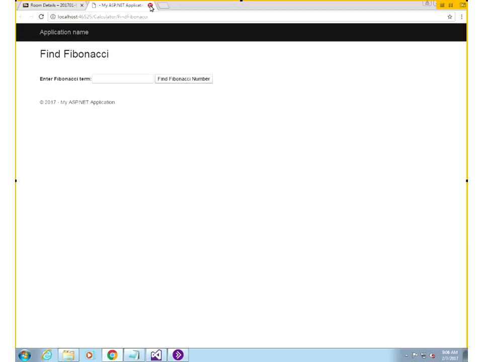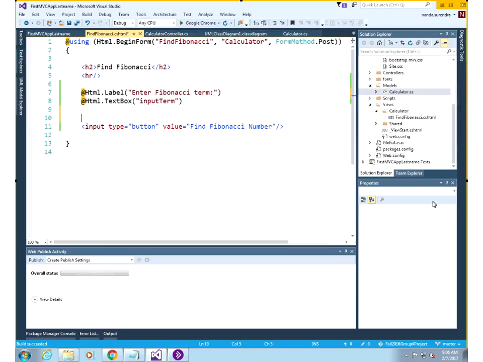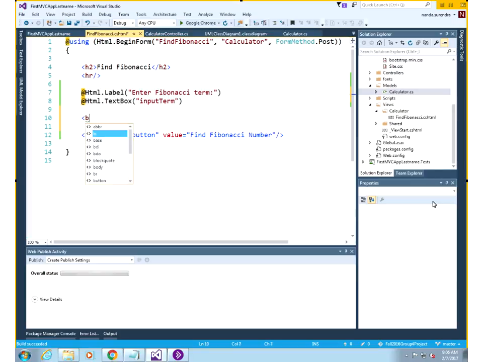If you had multiple values to be entered, the simplest thing you could do is to just have a break to separate the input from where the user clicks on the button. Obviously there is a lot of formatting and styling that you can build into your web pages or the view pages. At this point we have our HTML page, the view page, set up to accept